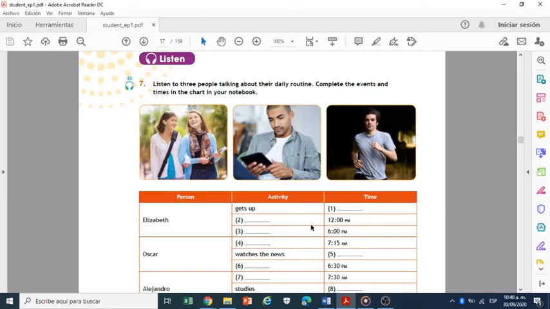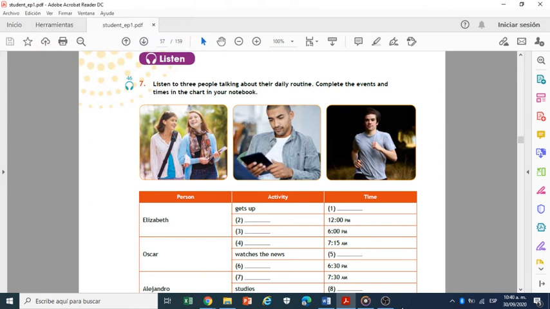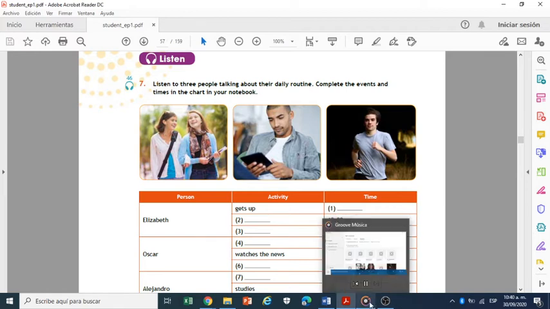First, I have a shower, brush my teeth, and get dressed. Then, at 7 a.m., I have breakfast with my brother. After breakfast, I pack my bag and walk to school with a friend. At 12 p.m., I have lunch at